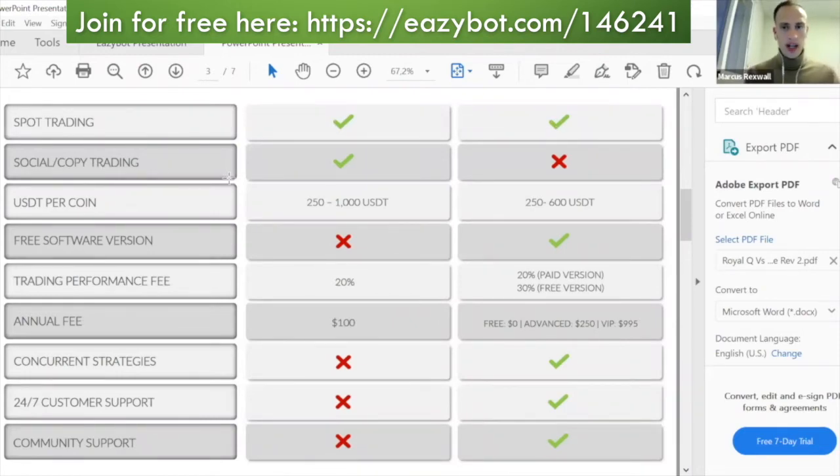Social copy trading. So this is something that RollQ has. Which means that basically people inside the community can create their own strategies, and then you can connect to that strategy. But what happens there is that they think that it adds a layer of complexity, right? With which trader to choose, how to set everything up, and they're also,